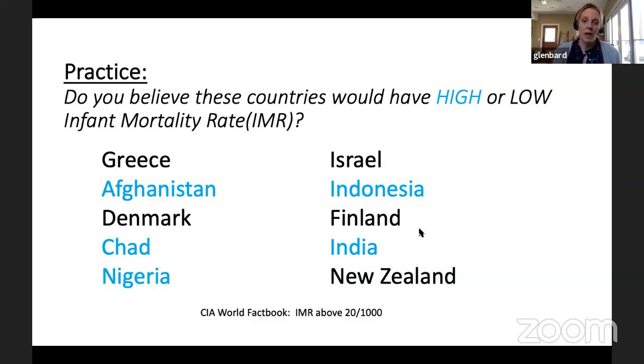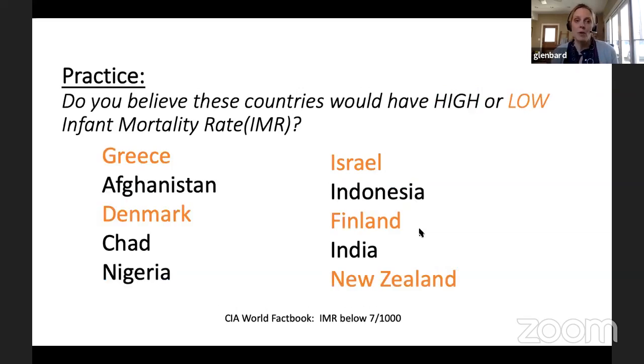Then we take a look at, obviously, these would be our countries that would have a low infant mortality. Again, you should see a trend here. Greece, we're going to throw in Southern Europe, Denmark, Northern Europe with Finland again, and then let's throw in our Oceania,